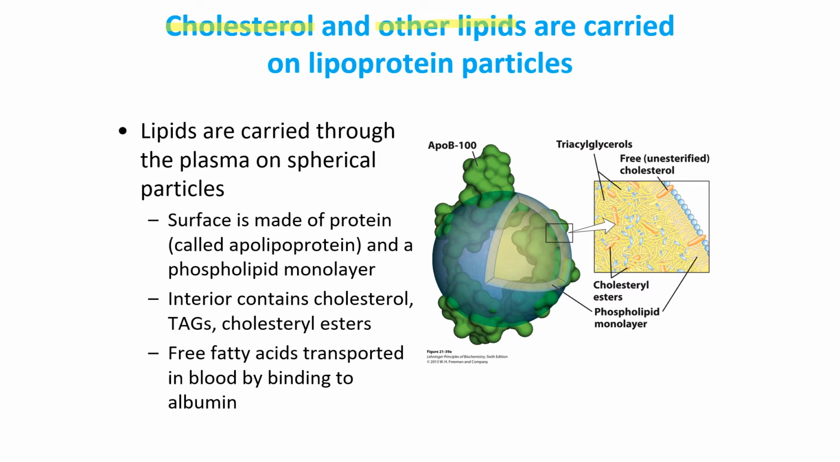The surface of these lipoproteins is made up of proteins which have a special name, apolipoproteins, and a little bit of phospholipid is there as well. So outside there is a covering of apolipoproteins and phospholipids. As we can see here, the blue covering is the phospholipid monolayer, and the green ones are the different types of apolipoproteins, and inside these molecules we have cholesterol, cholesterol esters, and the TGs,